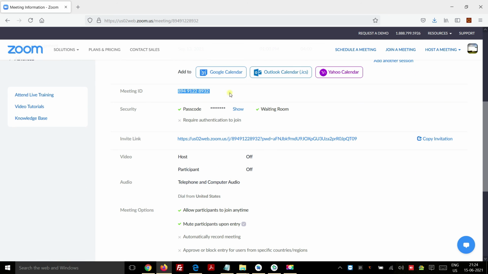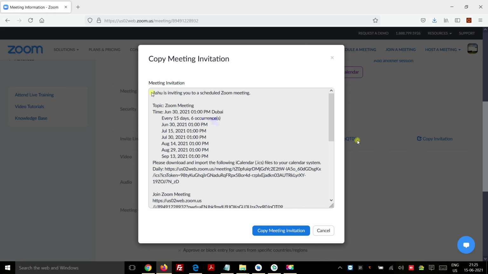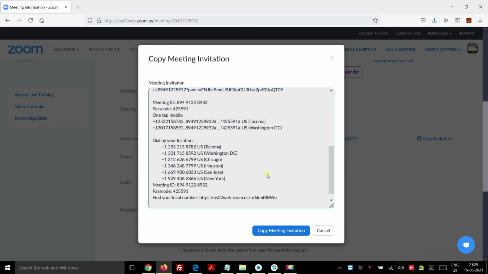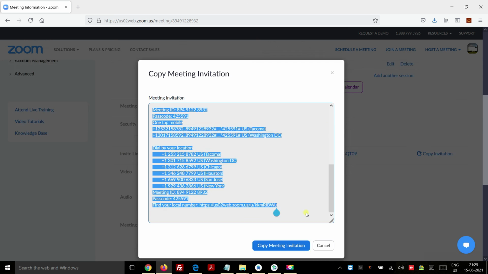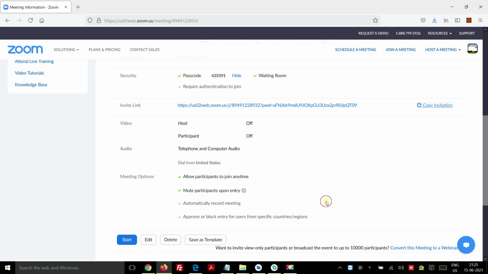Meeting ID: sometimes you don't give the link, you give the meeting ID, so when they open Zoom they can enter the meeting ID and passcode. Generally you can give this link, or you can copy the whole meeting invitation and send it to anybody you want. Host is off and everything is off.